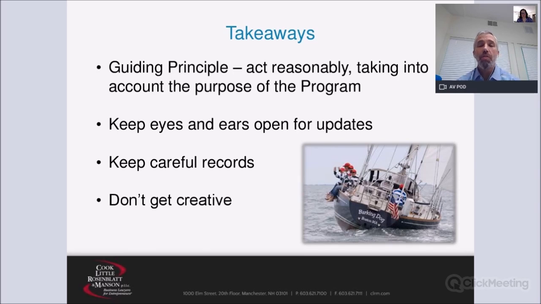Second, keep your eyes and ears open for updates. Updates are fast and furious. As Helen pointed out, the SBA is kind of building an airplane while it's in flight. So there are consistent updates on a variety of different topics without rhyme or reason in terms of timing or what topic they will address. So just be aware that those updates will probably continue to come out. Either check in on those updates periodically or ask your advisors to keep you up to date in terms of what advice is being provided. I've already said this: keep careful records and don't get too creative with how you're approaching the forgiveness.